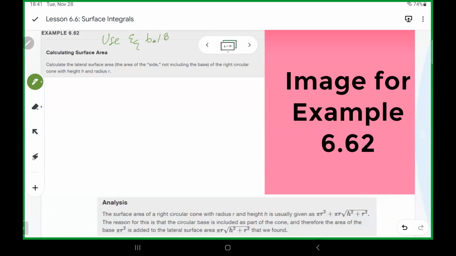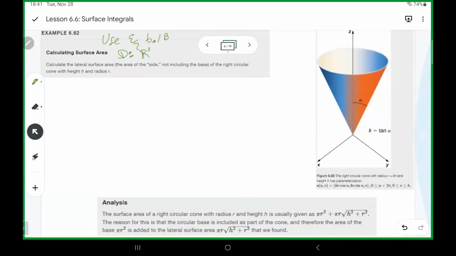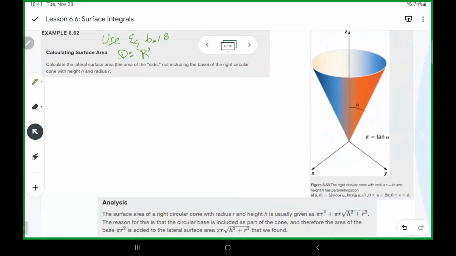We need a parameterization. We assume that the cone is in R cubed with its vertex at the origin. Now I can show you the picture. To obtain a parameterization, let alpha be the angle that is swept out by starting at the positive z-axis and ending at the cone, and let